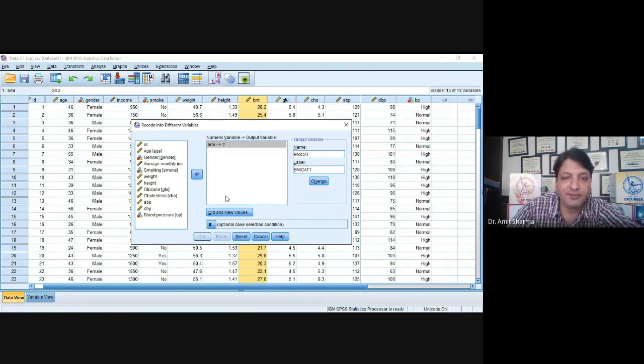I'll repeat again. First, go to the Transform option, then click on Recode into Different Variables, because otherwise the data which you have entered in the form of numbers will be converted into categories and you will not have the previous data which is given in the form of numbers. So we are going to make another variable which will convert the data into the form of categories. So click on Old and New Values,